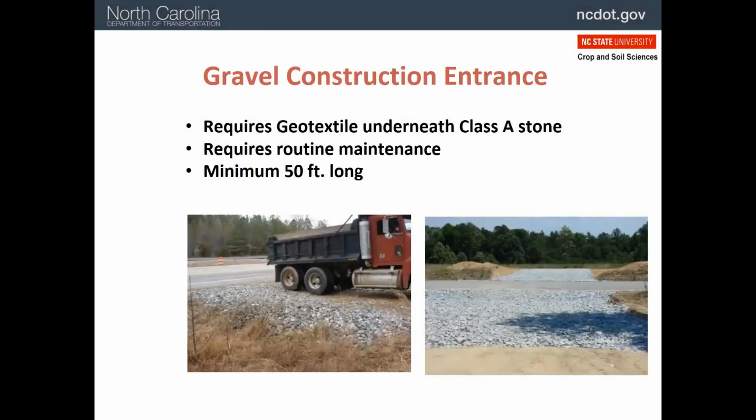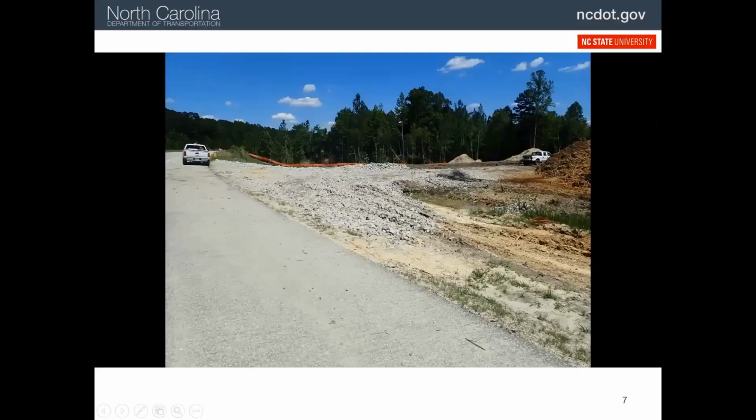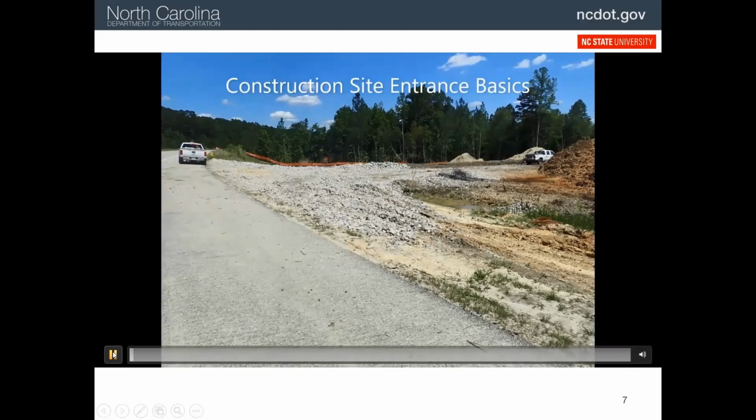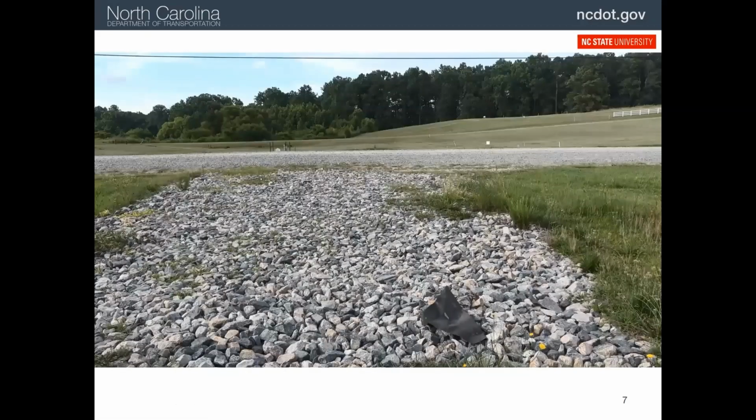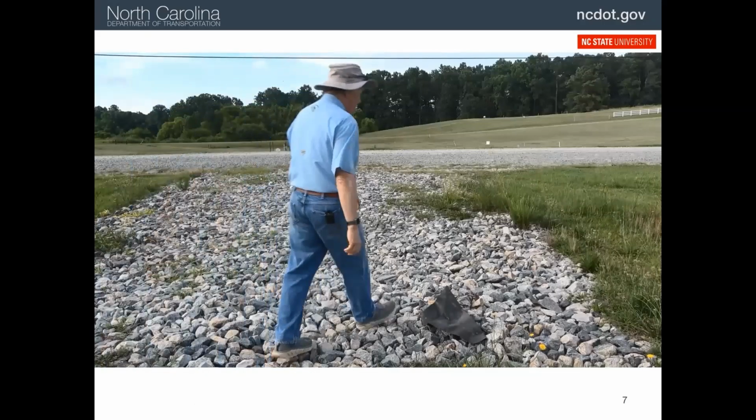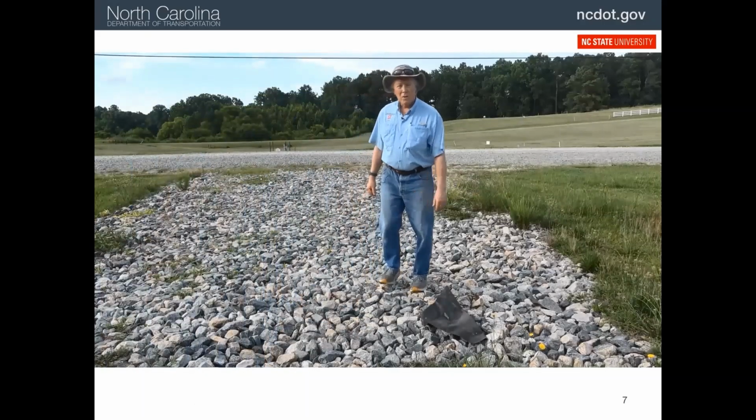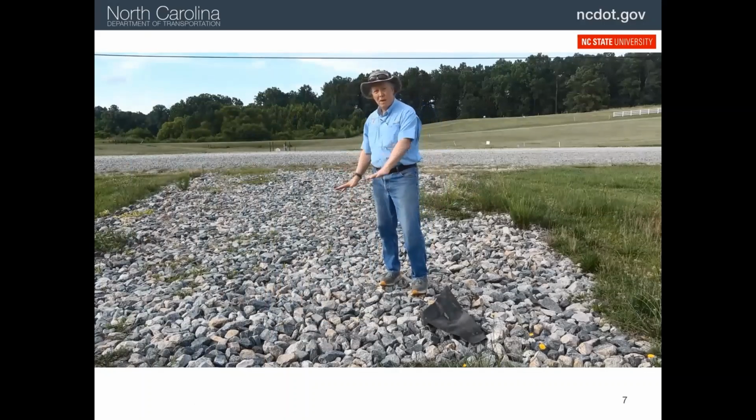A construction site entrance or exit pad is needed at the point where vehicles are entering or leaving the site onto public roads. The following video is a review of your options. So we're looking at a construction entrance pad. Remember from class, the key features are they need to be at least 50 feet long, 12 feet wide,